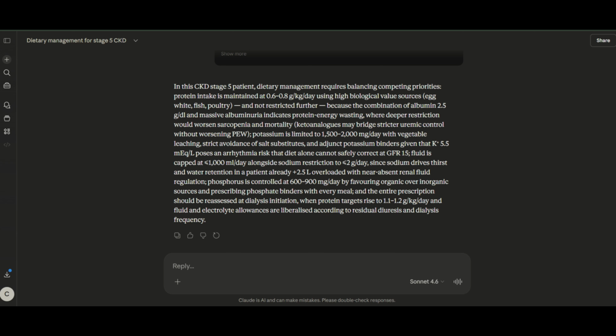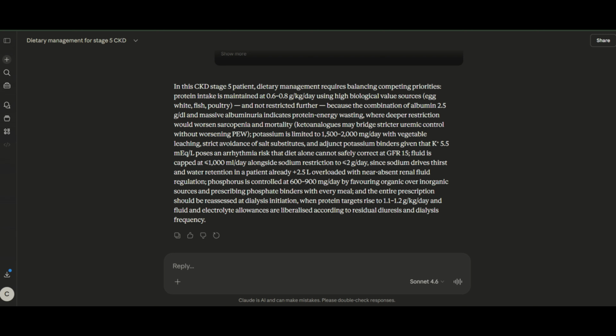Fluid is capped at less than 1,000 milliliters per day, alongside sodium restriction to less than 2 grams per day, since sodium drives thirst and water retention in a patient already 2.5 liters overloaded with near-absent renal fluid regulation. Phosphorus is controlled at 600 to 900 milligrams per day by favoring organic over inorganic sources